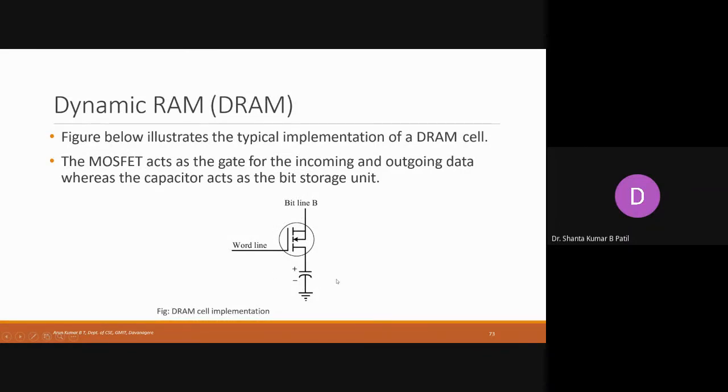This is how, with the help of the refresh circuit, you can retain the power. If there is no refresh circuit, because of the capacitance, even though the power is there, whatever data you stored in the dynamic RAMs, you are going to lose it. In order to retain it, because the capacitor is there, because of the resistance and the capacitance of the circuit, there is a chance of leakage of the current.